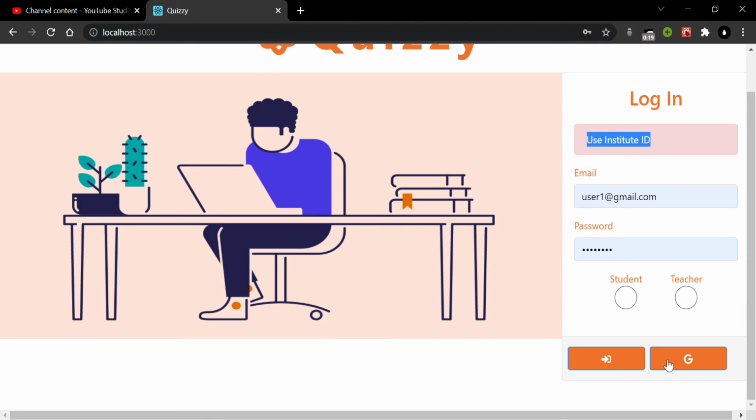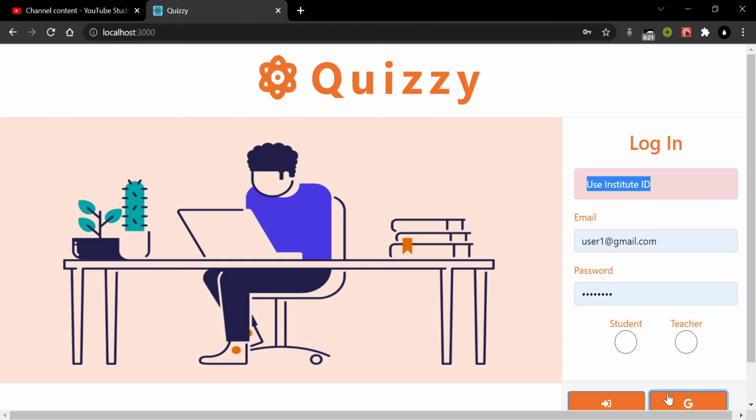So not just anyone can access this portal. Only students of the registered institute can access it. So let's use the institute ID right now, and because we are a student, it will take us to the student dashboard.